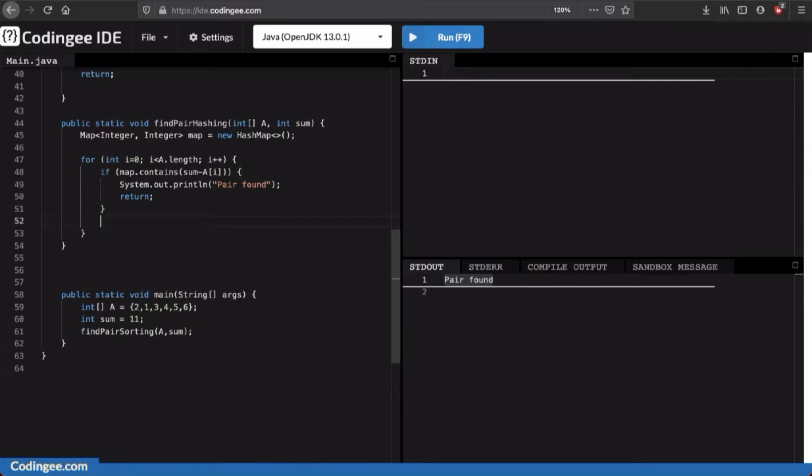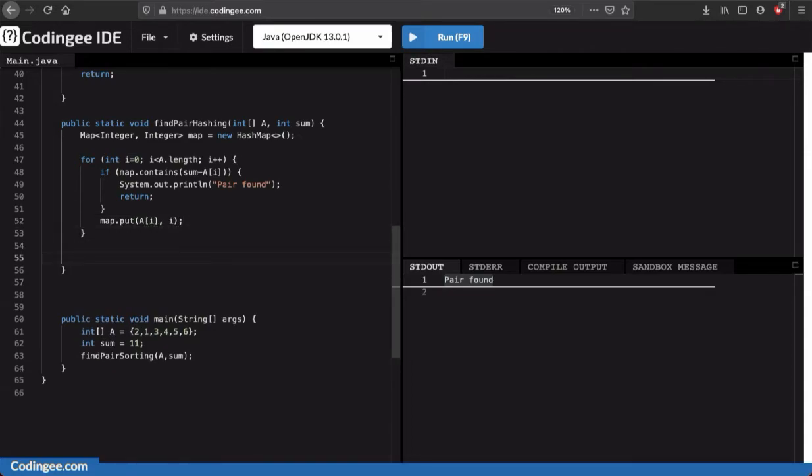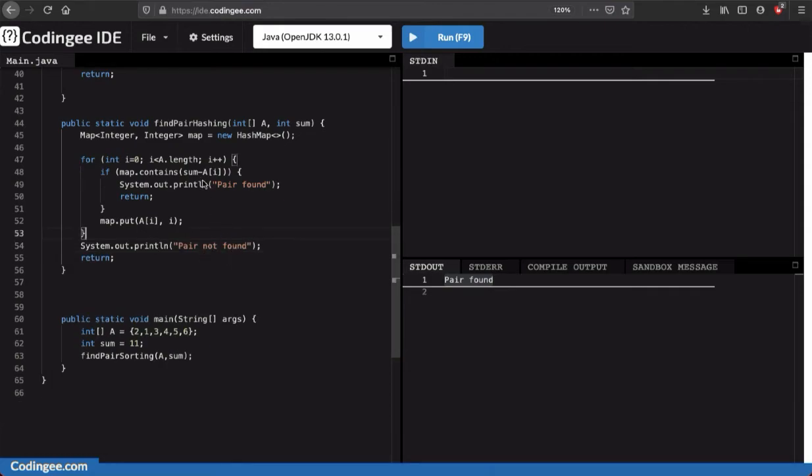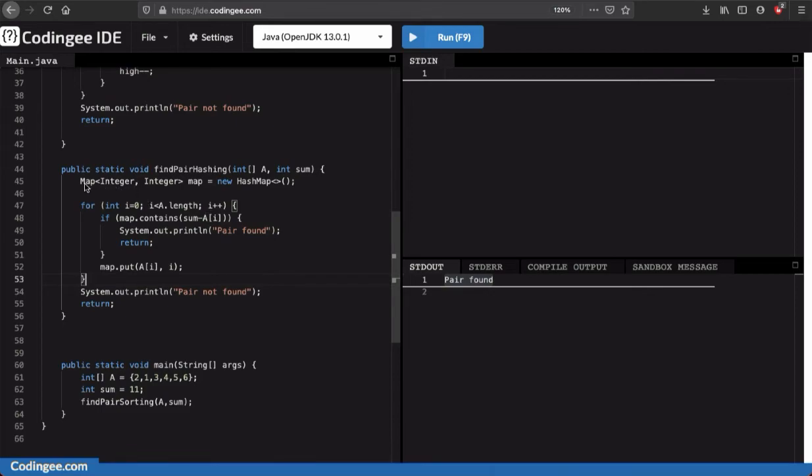And if it is not found, we can just put the ith current element in the map, right? And if the control comes back from the for loop, we can just print pair not found. So this is our complete code for order of n.